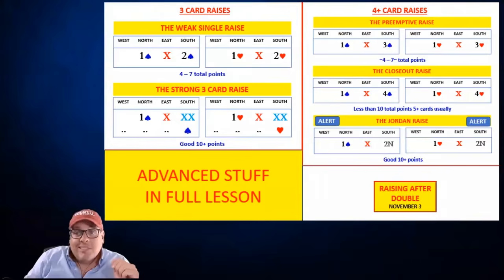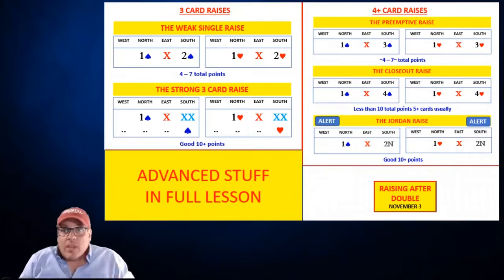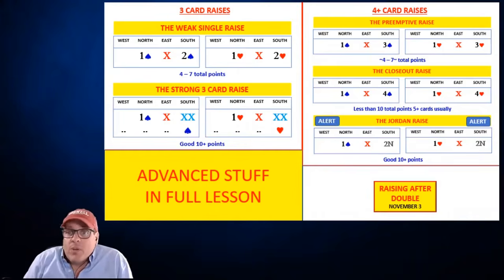All right. These are our raises after a double. Now, this is almost the entire slide. I left the advanced stuff out because this is just what we need for doubles. And this is a time that I'm going to slow down just a second. I want to show you the actual differences and similarities between raises